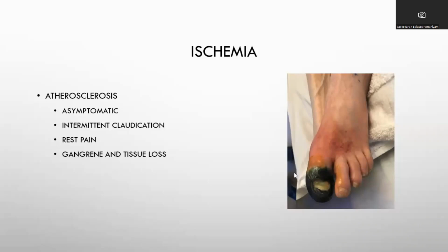If the patient is lucky, the patient might have intermittent claudication or rest pain, so it's easy for the clinician to diagnose, or the clinician usually checks the pulse. But if the patient is unlucky, the patient might be asymptomatic, might have seen a vascular surgeon in the past for an asymptomatic absent pulse, which is managed conservatively almost 100% of the time.